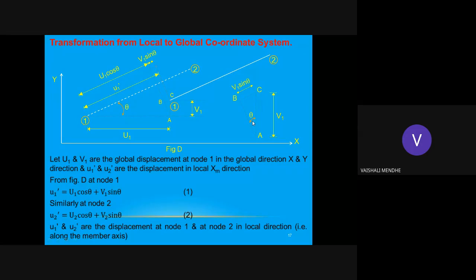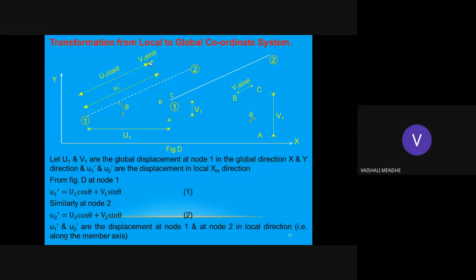So if you take sine theta, then this BC distance you will get is v1 sine theta, because this vertical is v1. You see this smaller triangle, where my cursor is. The smaller triangle I have drawn here with the bigger one. So this vertical AC distance is v1, this angle is theta, and this is perpendicular. This is from the geometry. So BC distance, if I take sine theta, I will get v1 sine theta. Here I have written BC as v1 sine theta.